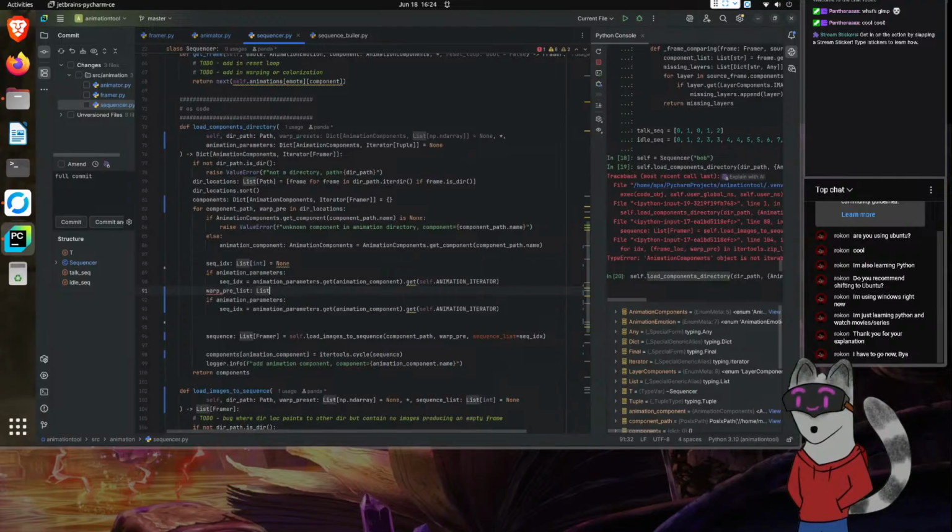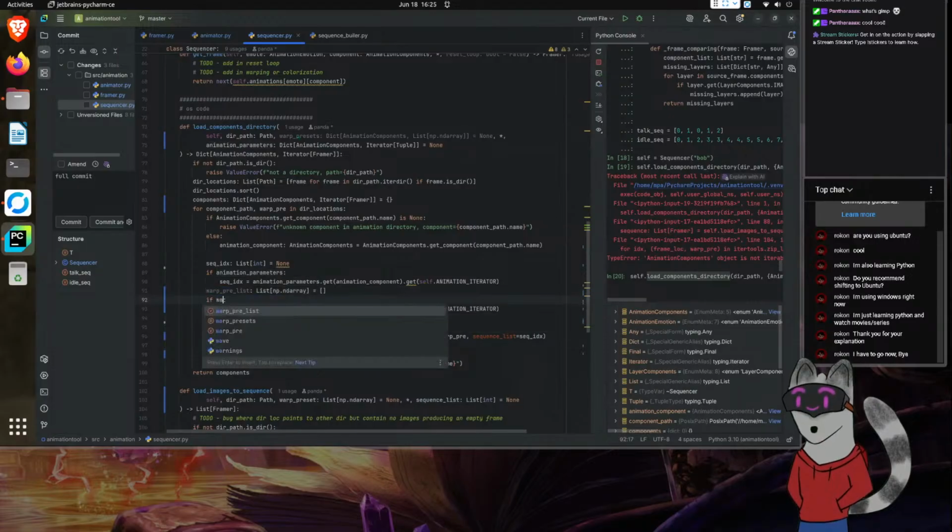This is going to be a list of ND arrays, and we'll currently set this to just a list. I spelled that wrong. There we go. So if we happen to have our warp presets, then we're going to get,